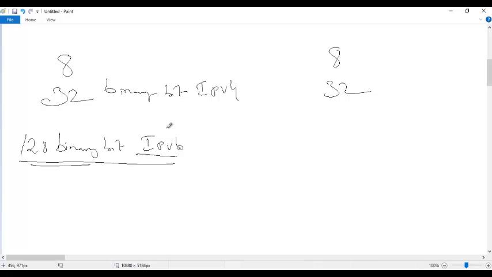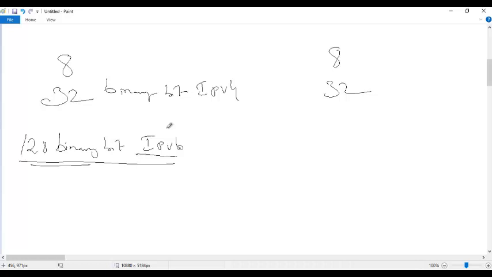Instead of writing in binary form, in IPv4 we used to write it in decimal. Have you ever typed an IPv4 address in binary form? I never have. I've never typed zeros and ones as an address in IPv4.